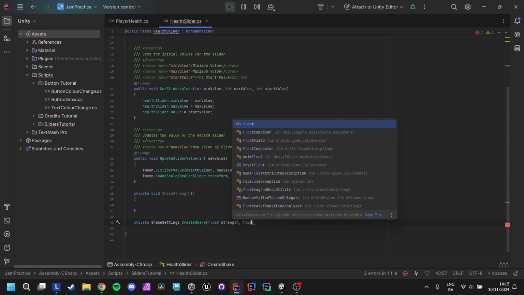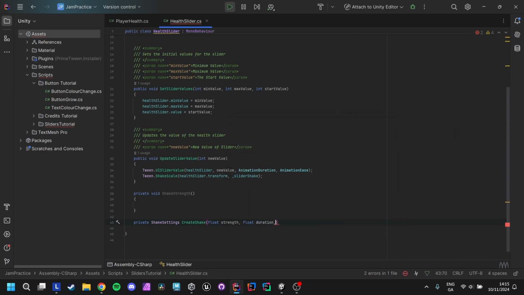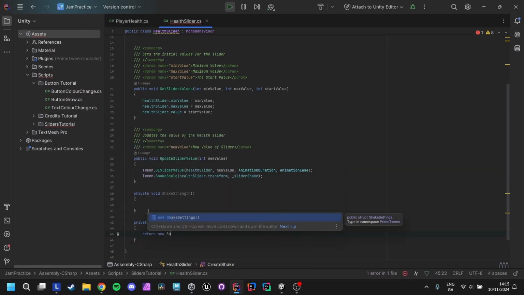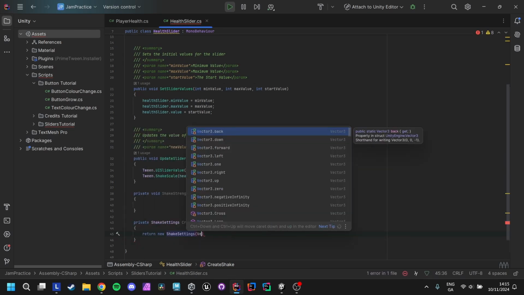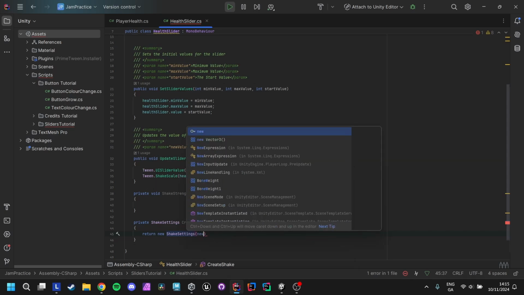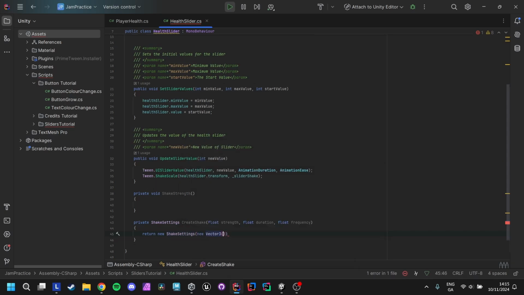We're going to pass through a float of duration and a float of frequency. And now we're going to do return new shake settings, then new vector 3, and we're just